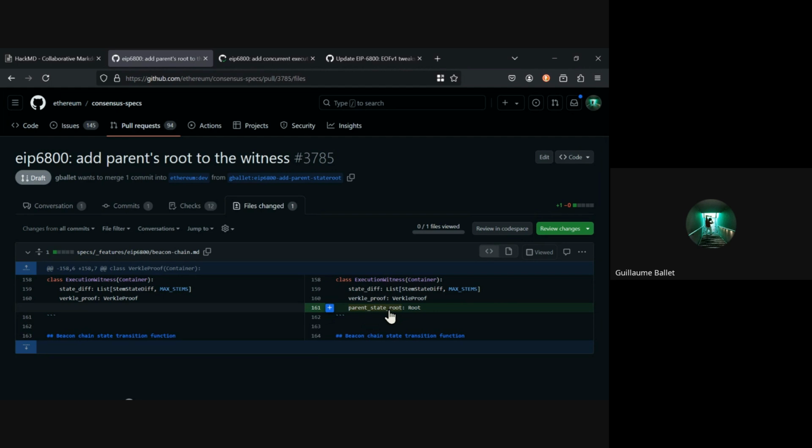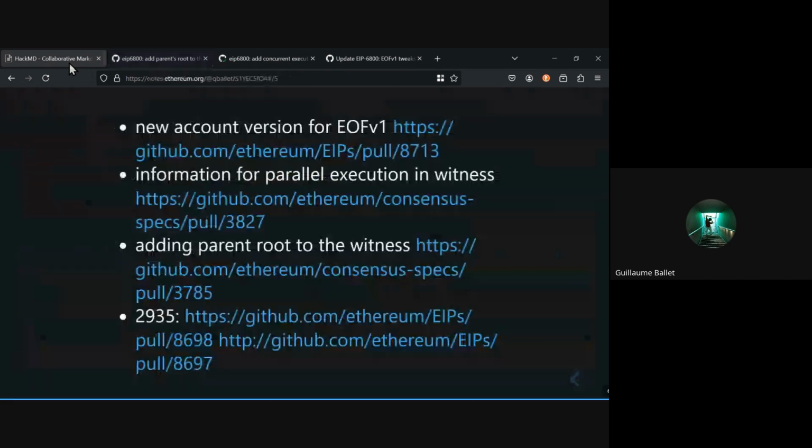That also requires a CL update. You just put this information straight into the execution witness, and you see if that works. This was something that we decided on during the interop in Kenya. So also have some feedback on it. Implement it if you're okay with it, so that we can include it in Kaustinen 7.